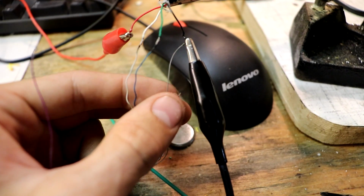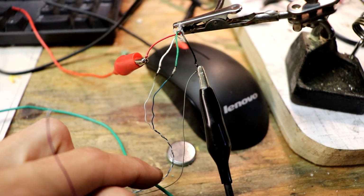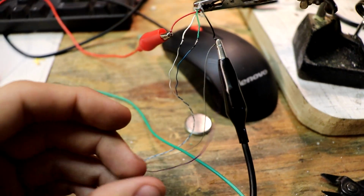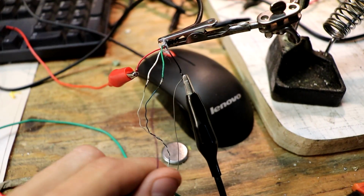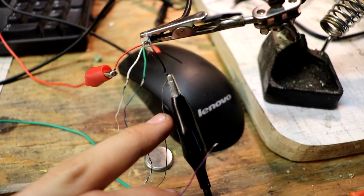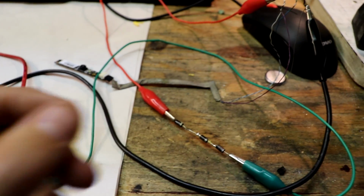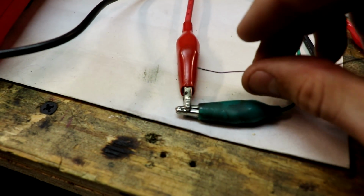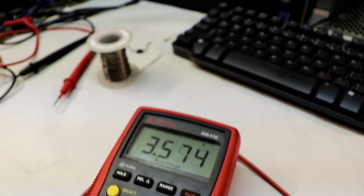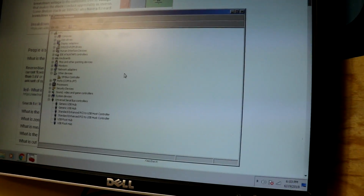And so this gray wire that you see is connected to the ground. And I was right about the braided data lines. In this case, I did it all right on the first try. The tricky part was getting enough power and finding out the orientation of the power leads. But the gray one was negative, and the purple one, funny enough, is positive. And as soon as you connect the purple one, or the positive, to the positive side, the voltage goes down. You hear the computer making a sound, and as soon as I connect that red wire,